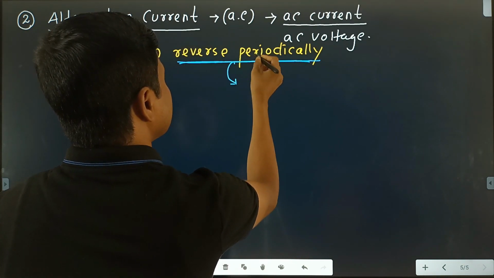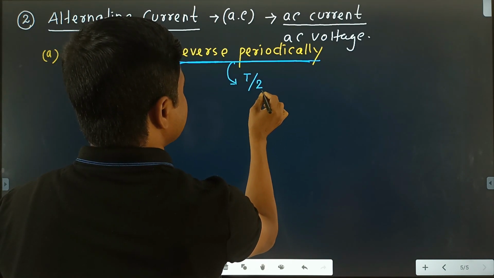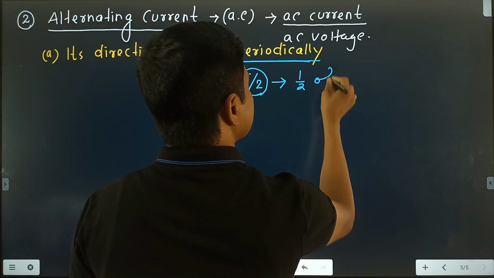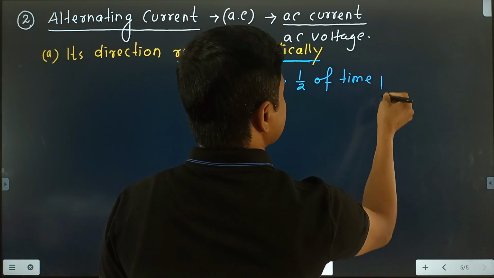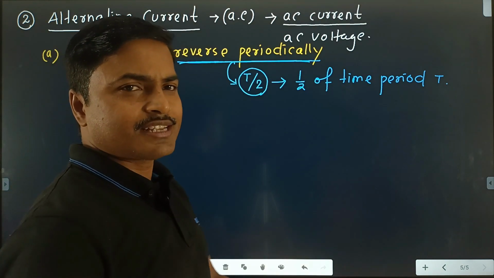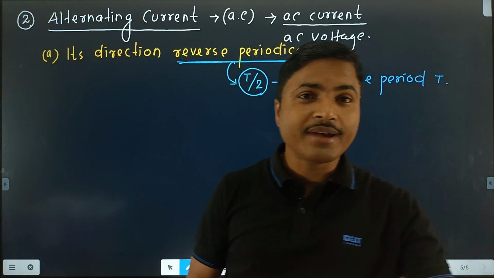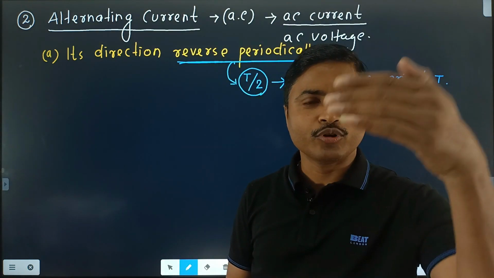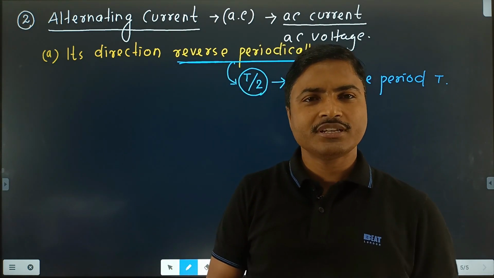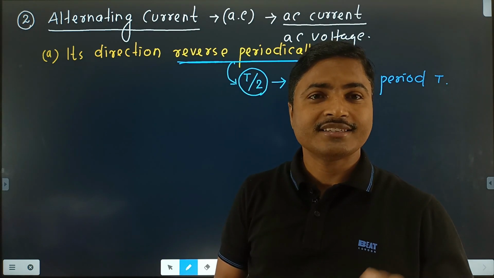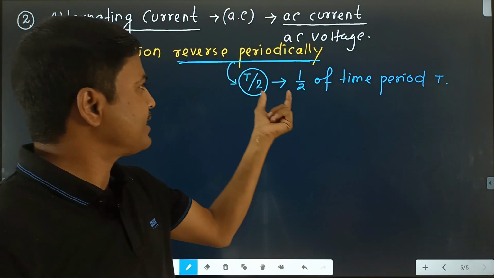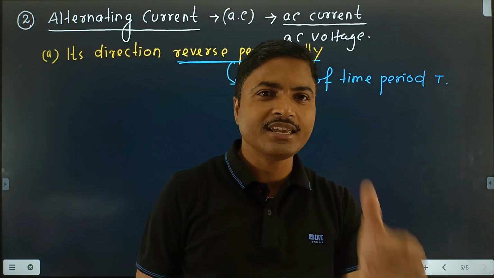Periodically means after T by 2 time, that is half of the time period T. After T by 2 time, its direction changes from positive to negative. Again after T by 2 time, its direction changes from negative to positive. That means direction is not fixed. It changes continuously after a fixed time interval, and the time interval is half of the time period T,